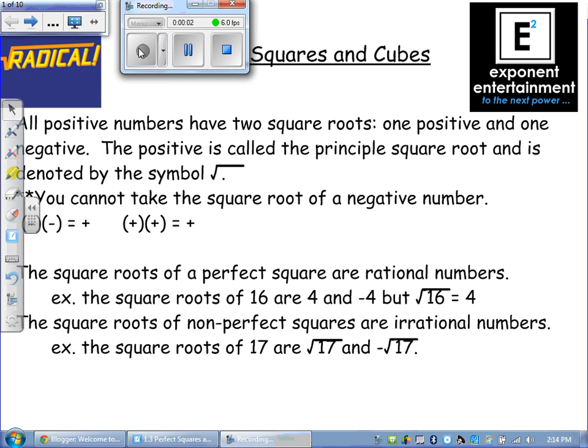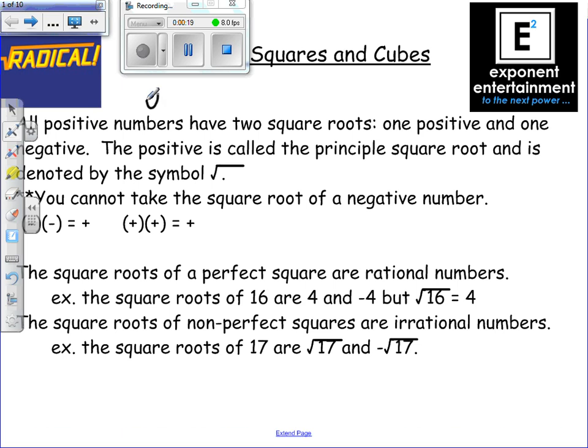Okay, what we're moving on to, perfect squares and cubes. So, we need to know a few things pretty quick. All positive numbers have two square roots. They have a positive square root and a negative square root. Get some confused looks. So, if you did the square root of 4,